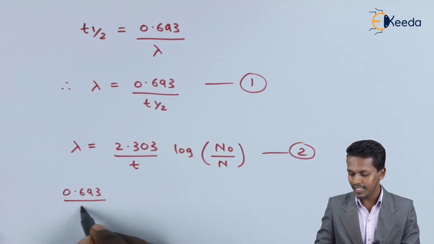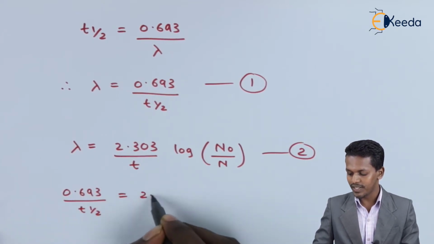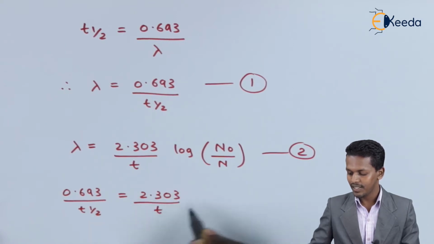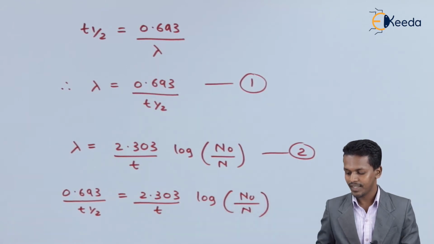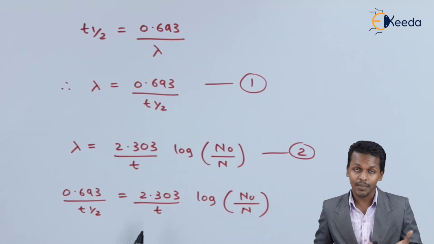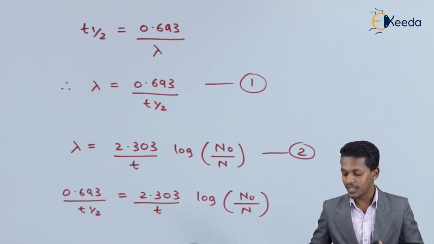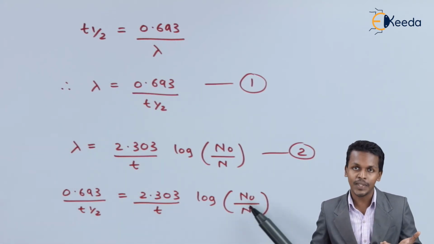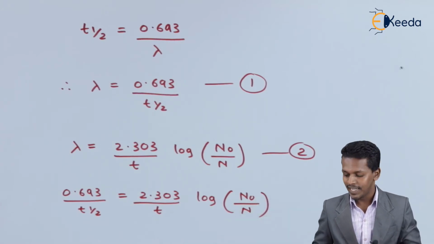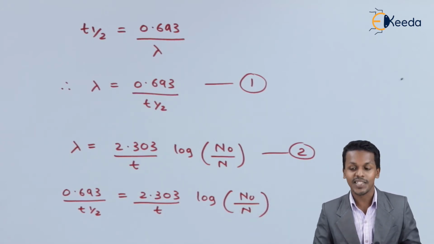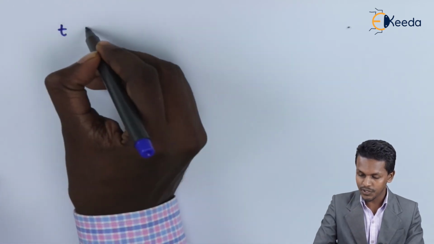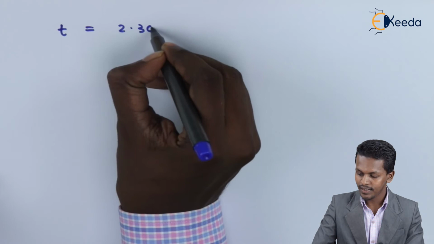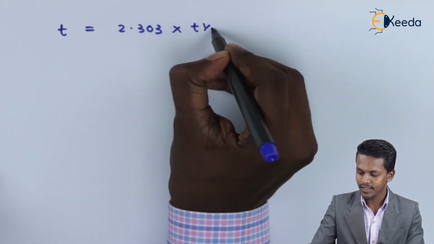So let me substitute equation 1 here. Therefore we get 0.693 divided by T half, which is equal to 2.303 divided by T, log to the base 10 of N naught divided by N. Since we need the approximate time required for the conversion of 100% of the iridium to 10%, let me substitute the values and see what time we would need in terms of its half-life. Therefore the above equation can be written as T is equal to 2.303 into T half, the whole divided by